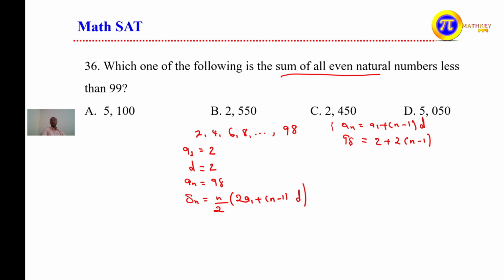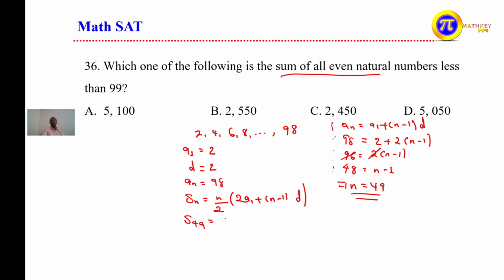ማለት ወይ subtract ከ98 2 ወደ left ስናመጣው መቀነስ ይሆናል፣ this is subtraction ስለሚሆን 98 ሲቀነስ 2 ምን ሆነ? that is 96 ይሆናል ማለት which is equal to twice of n minus 1. Divide both sides by 2, this is 48 equal to n minus 1 ይሆናል። ወይ solve n, the value of n is equal to 49. ስለዚህ የn value 49 ሆናል። How to insert now, this means the sum of the first 49 terms ማለት ነው።